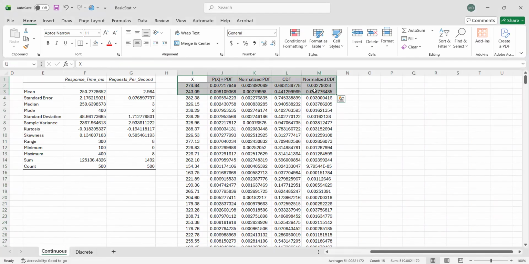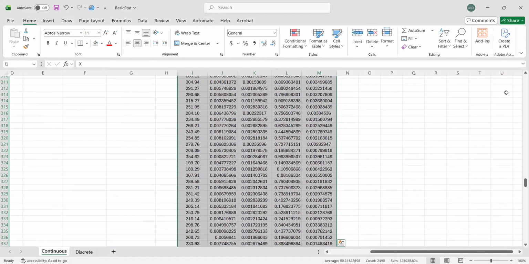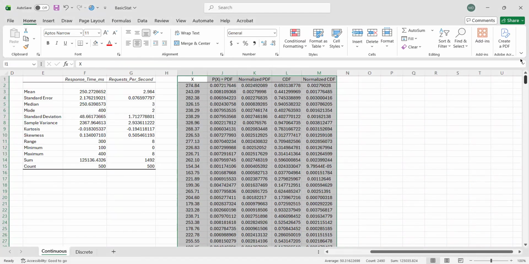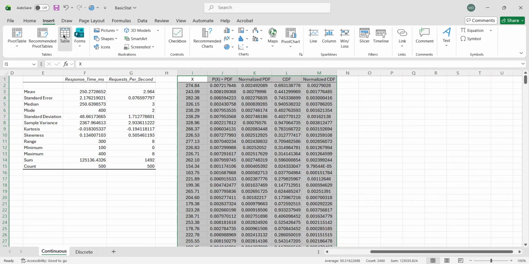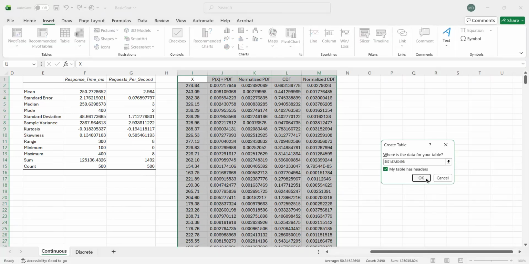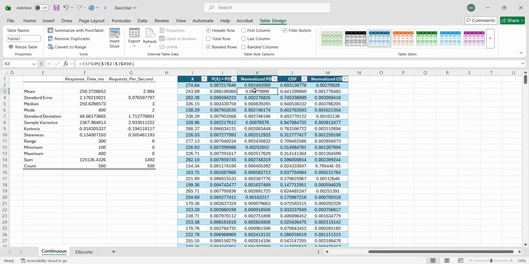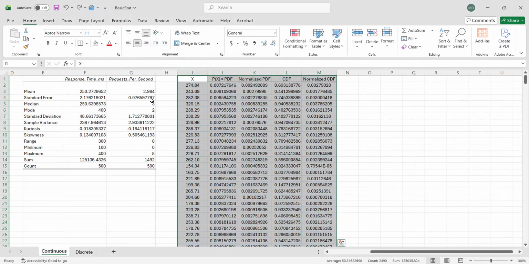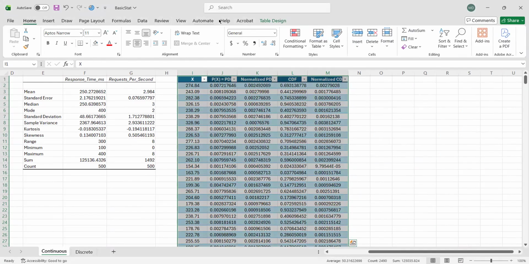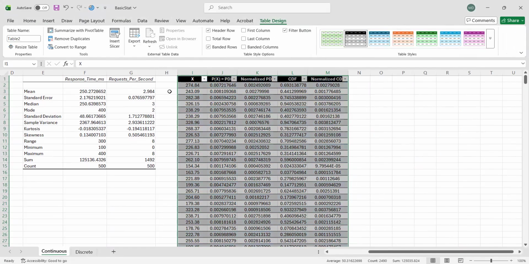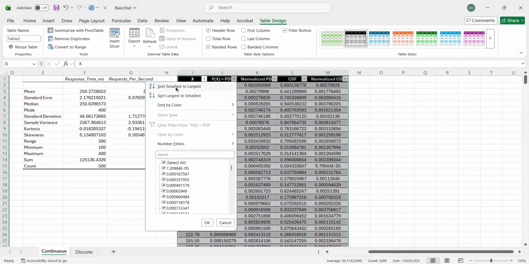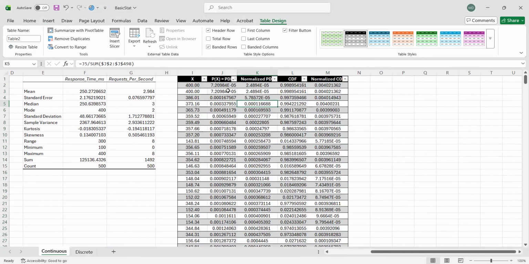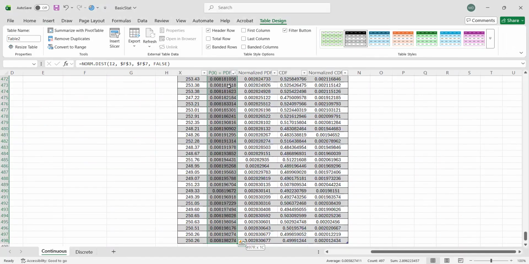So let's format this as a table. Insert table and then confirm, so that it will be easier for us. But I don't like the design. So we sort from smallest to highest in terms of P of X. Now that it has been sorted, we can plot.